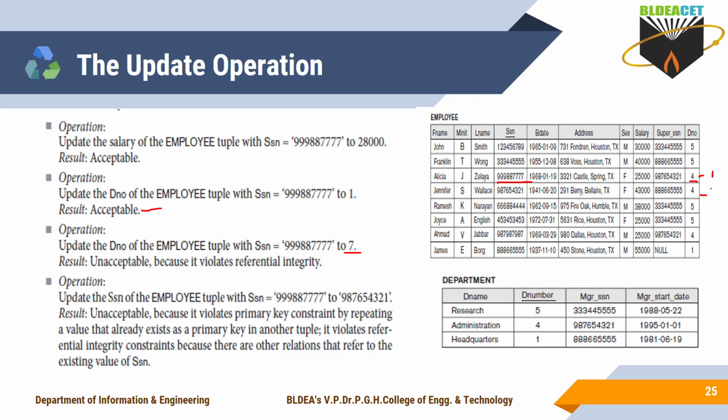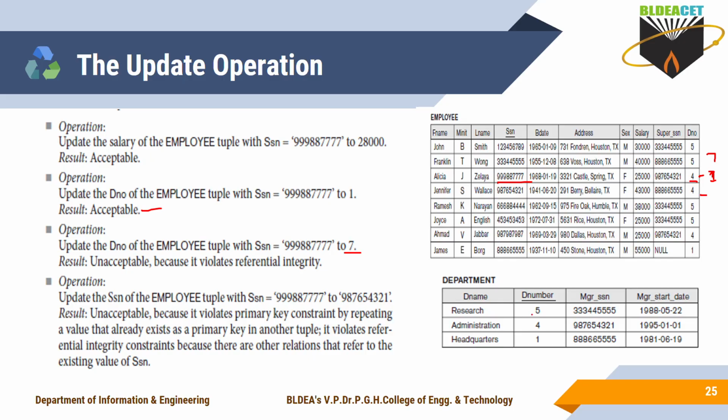In the same operation, if I want to update with the new department number as 7, so if I take 7 here instead of 1, then it gives the error message because it is not a valid state. It specifies that it violates the referential integrity constraint. Why does it violate the referential integrity constraint? If I enter 1, it takes. If I enter 7, it gives the error message.